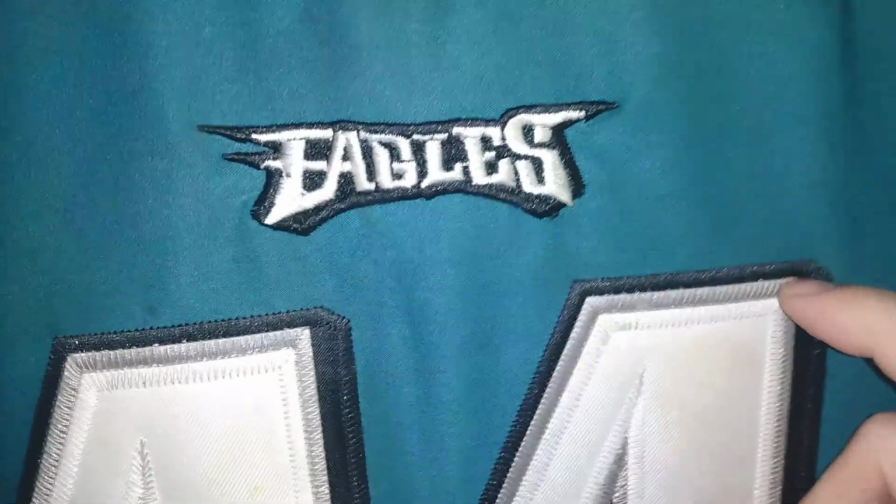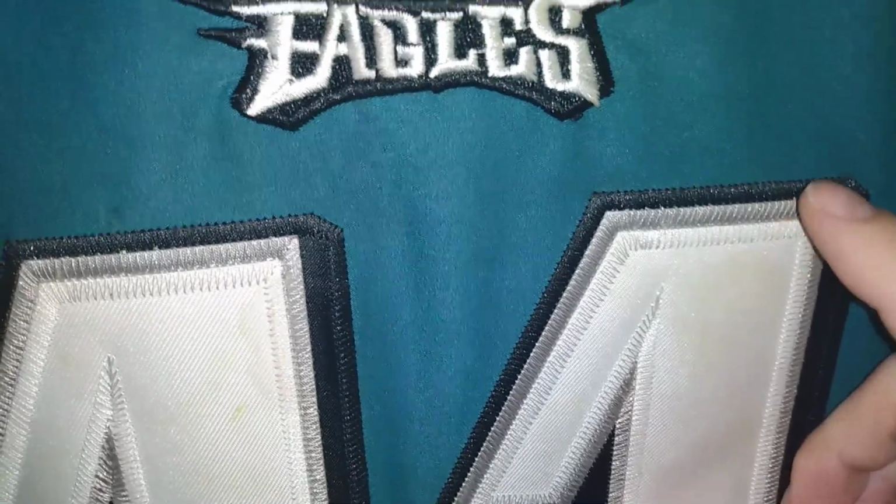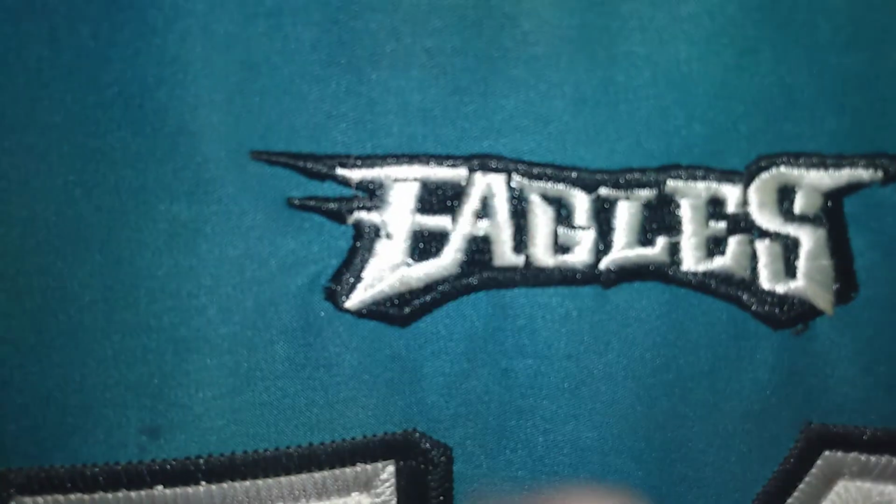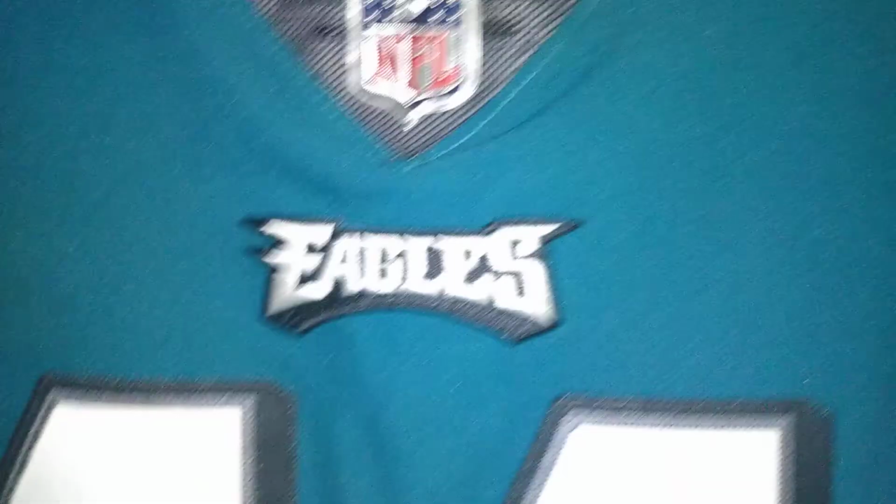There's two pieces of stitching for the black, as one for the GameWorn. But either way, for the fake, it's triple stitched like it would be for a Reebok jersey with the twill on top. Now, the lettering definitely could be better. I have seen worse, but compared to the authentics,